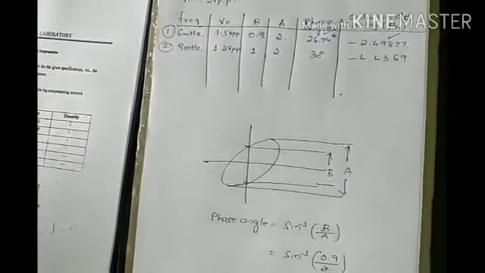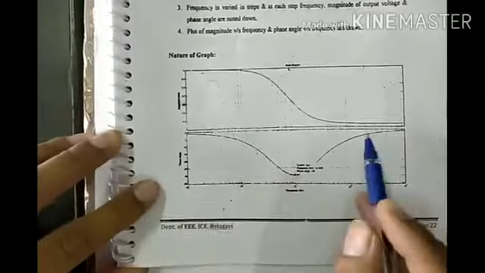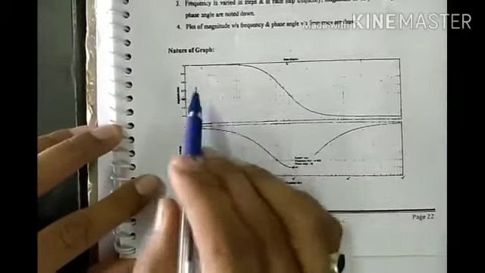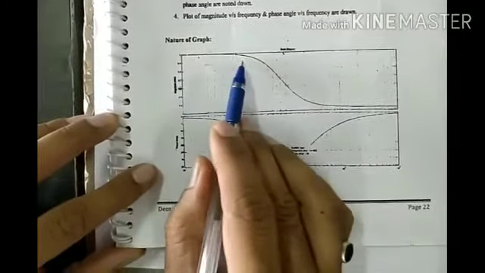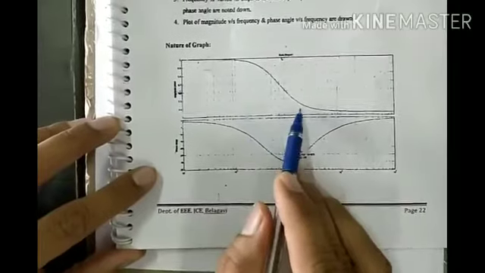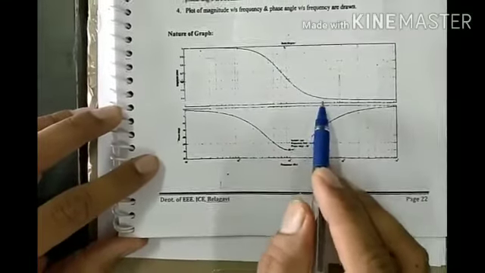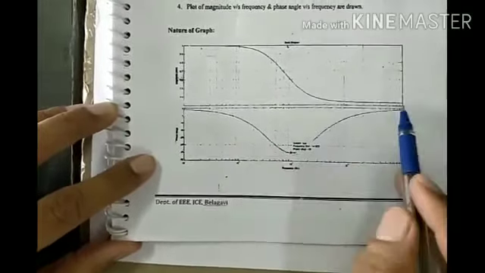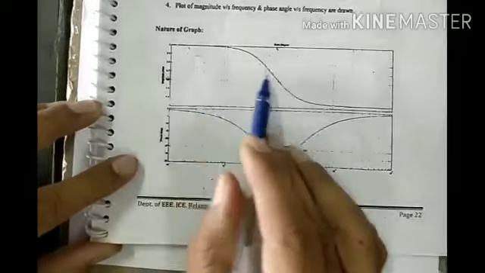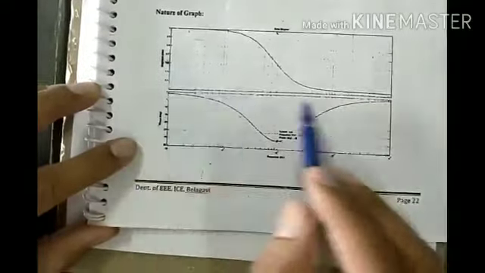Fine. Next we will see the response. How we will get the response here. So this is our response curve. This is for the magnitude versus frequency. As the frequency increases here, the magnitude first remains almost constant, then it slowly decreases, then again it decreases to some certain value, and from that certain value it again remains constant. Okay, so this is the nature of the graph for the magnitude versus frequency.